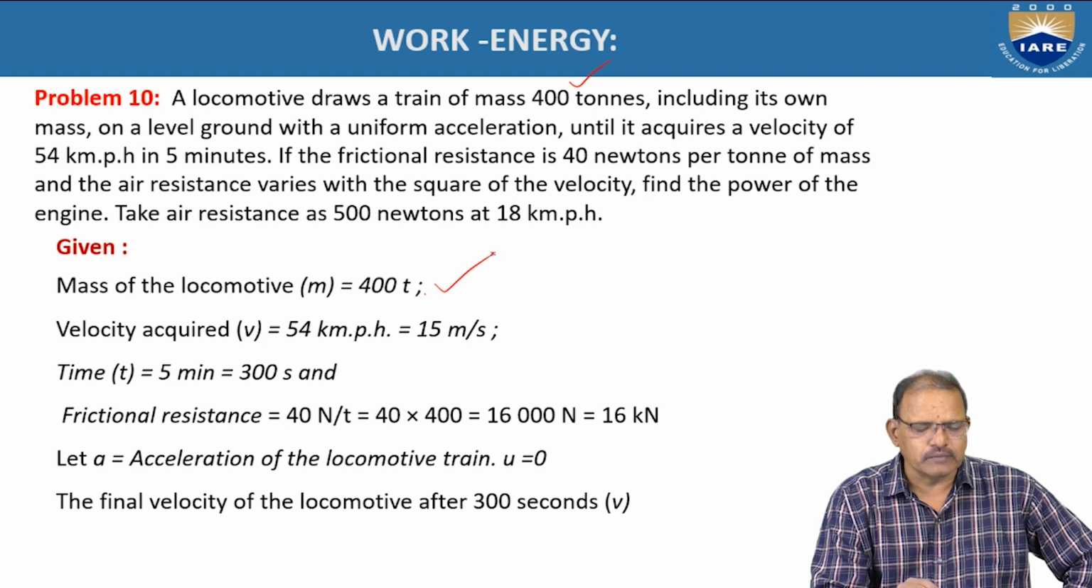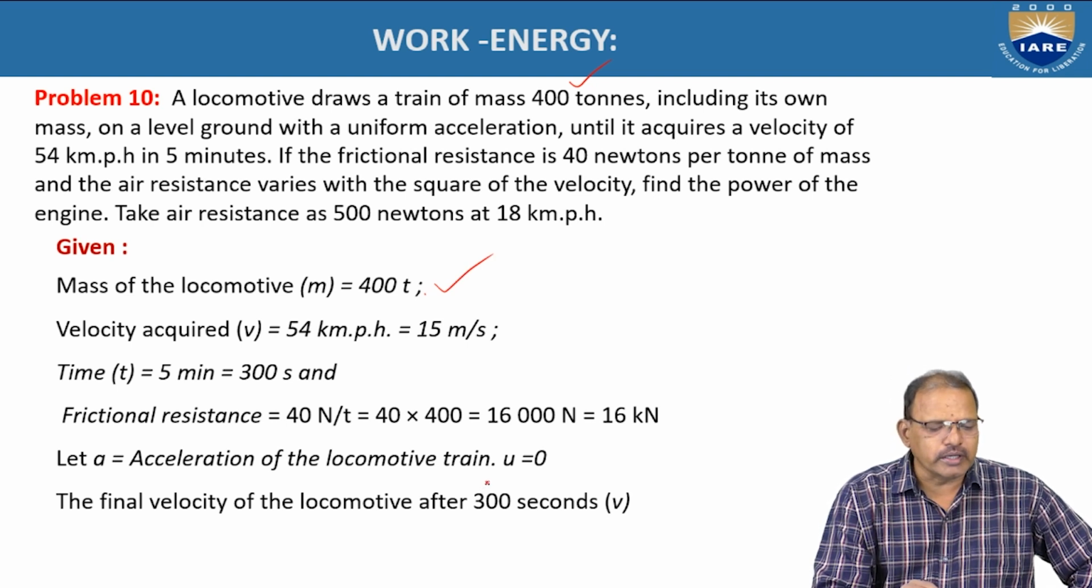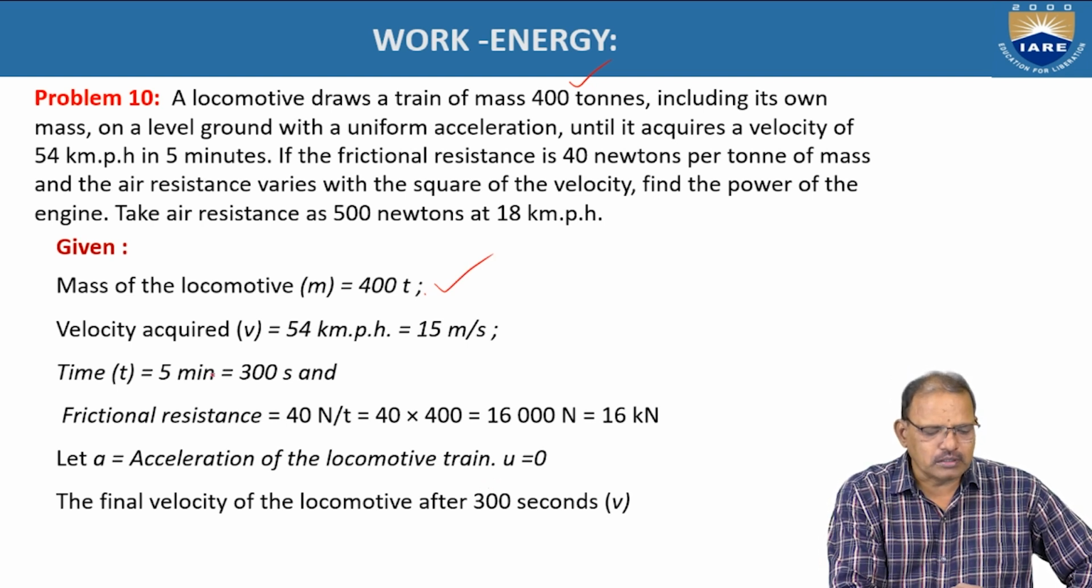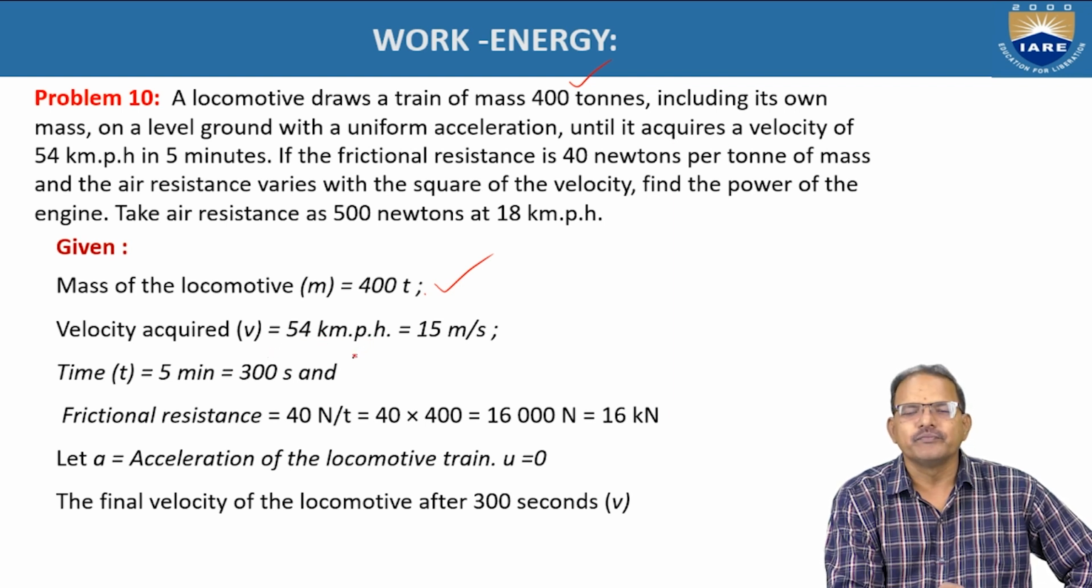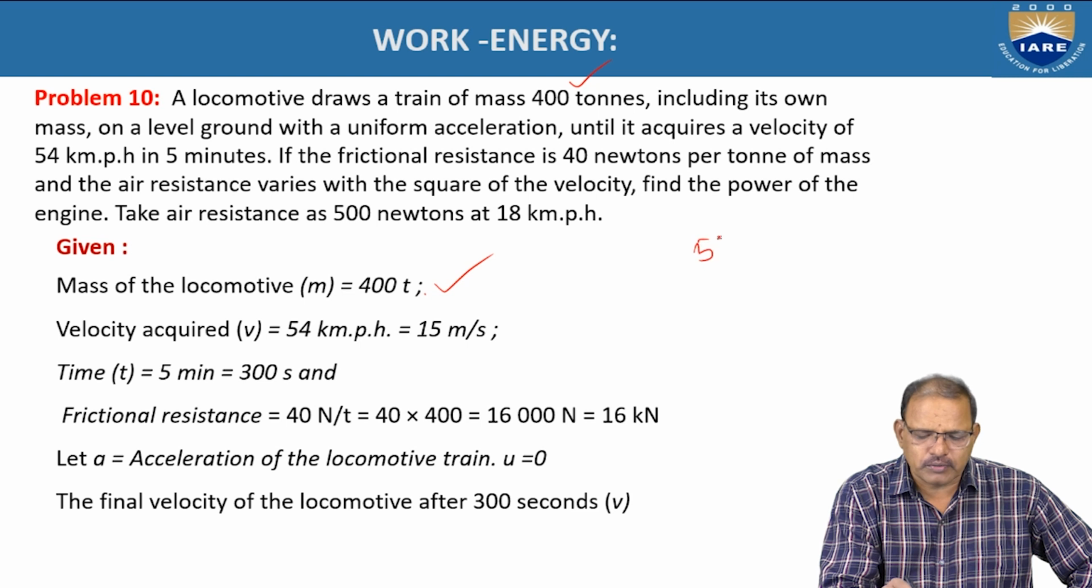Here 400 tons is given, including its own mass. The velocity acquired is equal to 54 kilometers per hour. So 54 kilometers per hour, multiplied by 5 by 18,